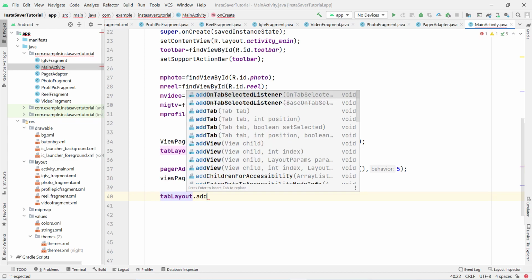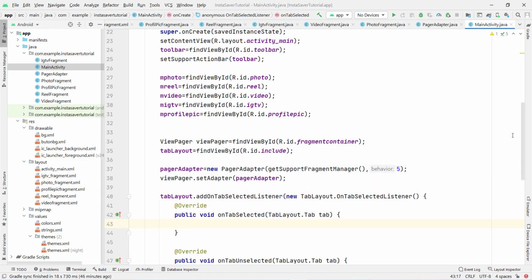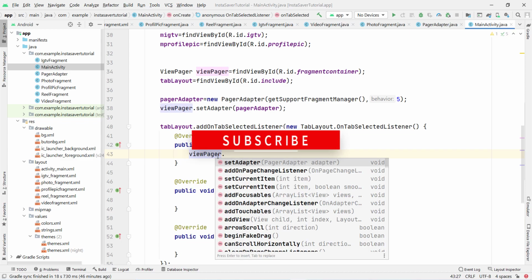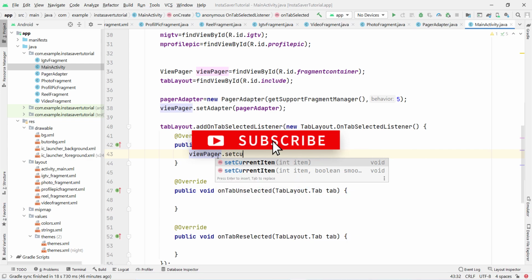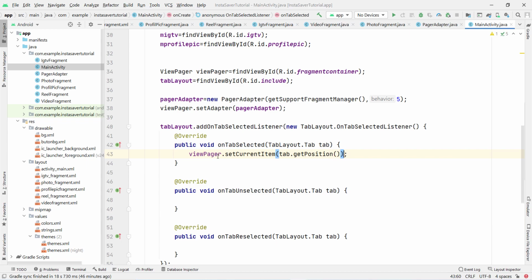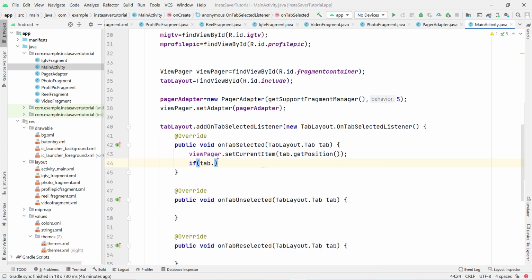Now let us suppose if someone clicks directly on the tab, then what we have to do, we have to add an OnTabSelectedListener, then new, then capital T, and press enter. So if a tab is selected, then we have to use viewPager.setCurrentItem, and inside this we have to type tab.getPosition. We have to call this, and inside this we have to use if tab.getPosition